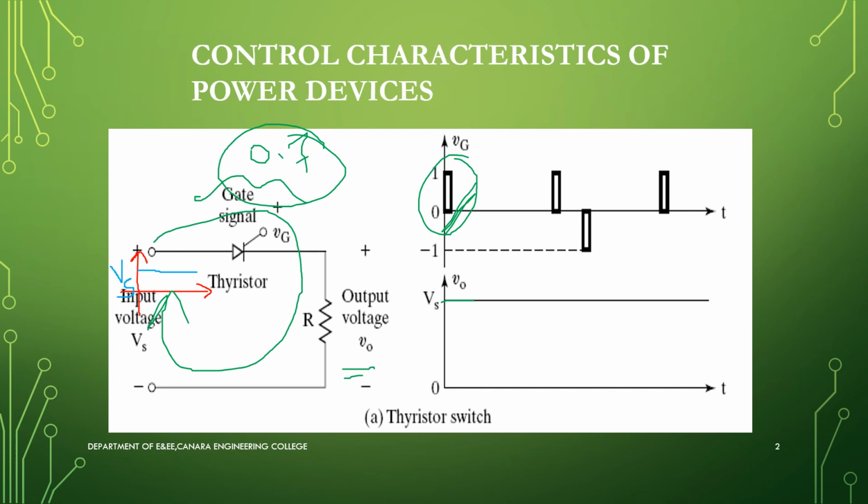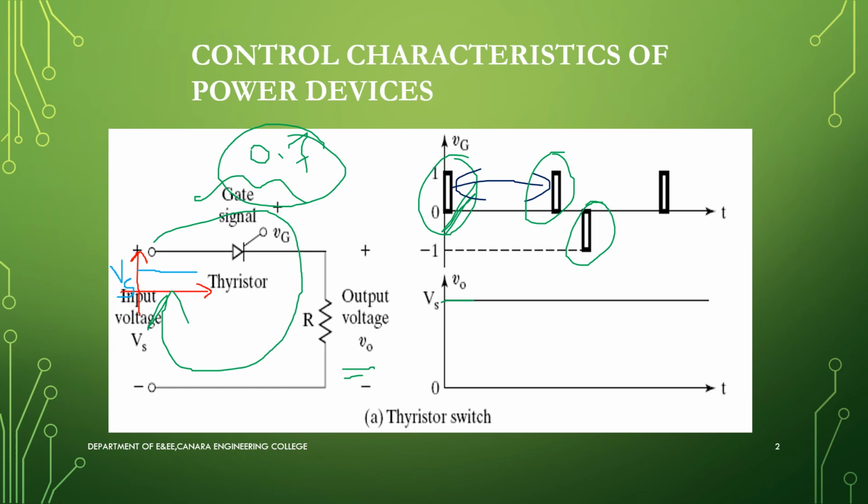You can observe that even after the gate pulse is removed, your output voltage will remain as it is. It is not going to vary. That means even if there is no gate signal, the thyristor will continue to conduct. Again, you can observe here a positive pulse is applied, so it does not have any effect on the thyristor. It continues in the conduction mode. And here a negative pulse is applied to the gate, that means you are reversing its supply. Even then the thyristor will continue to conduct.